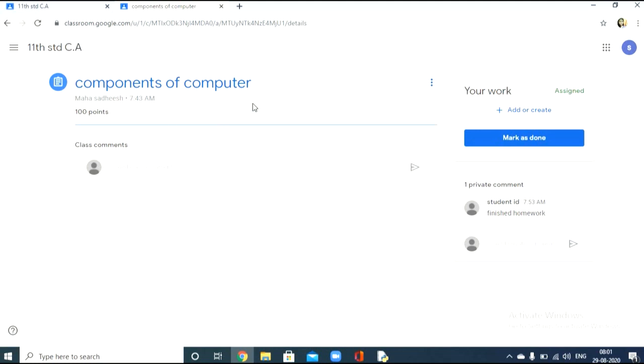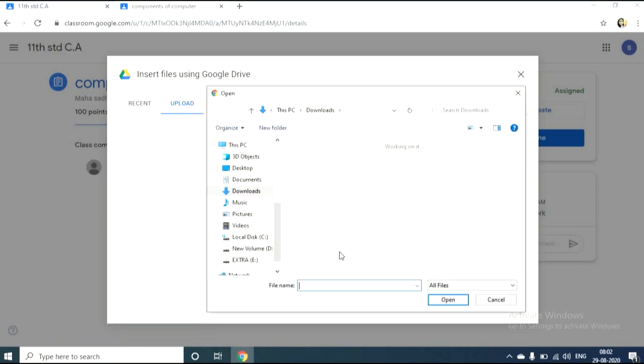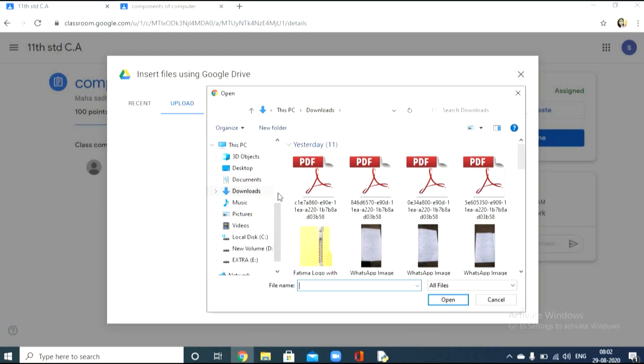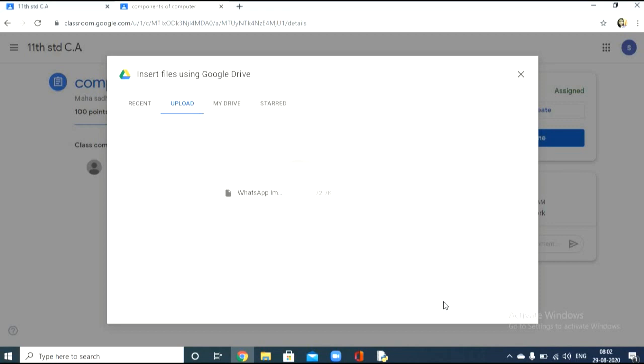After that you take a photo and store it in your computer. If you want to post the homework, click add or create, select file, click upload, click browse. Select the file you want to post, then click open.